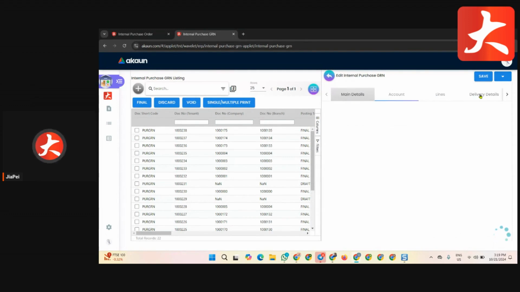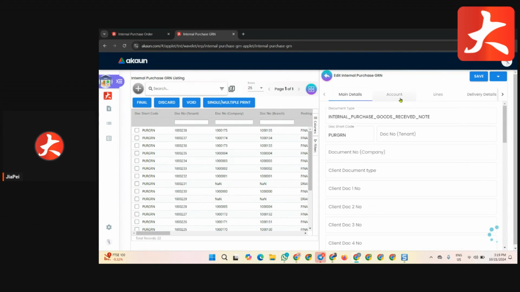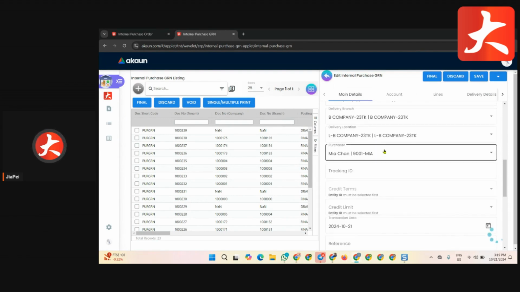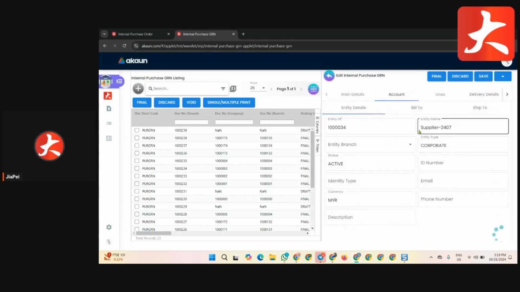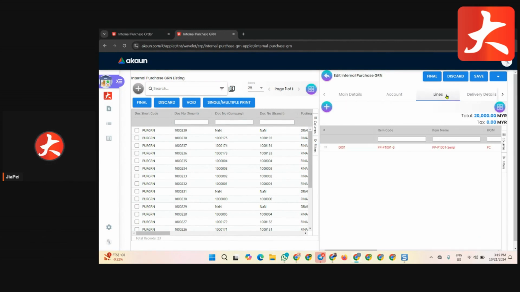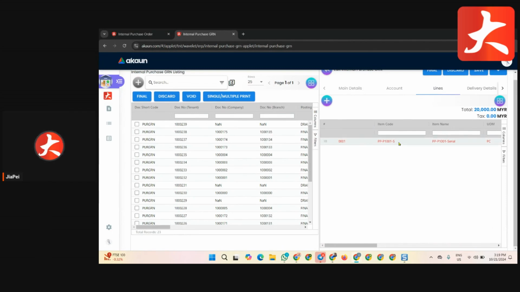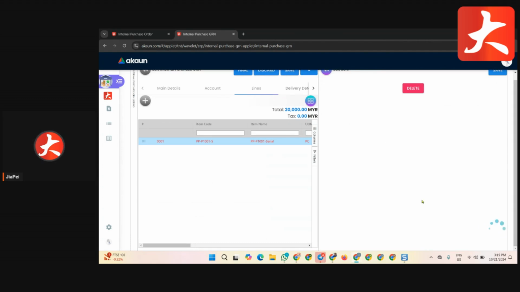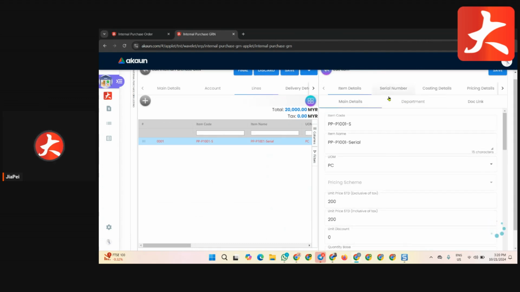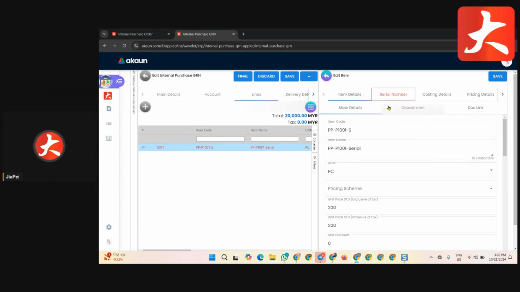Okay. So once we receive, you can see the system will update the main detail, your branch, and who the purchaser was just now. And this account follows the PO, who is your supplier. The line follows your PO as well. Then the products that you mentioned in the purchase order. So this one in red color, you need to check whether you need to fill in the serial number or any mandatory information required to fill in this GRN. Okay, so this is